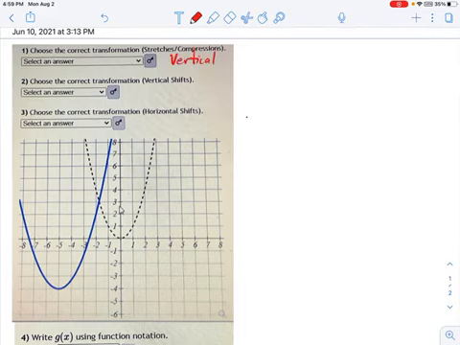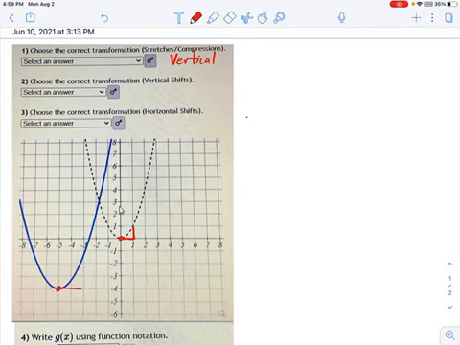All right, so what I normally do with these is I say, okay, where does my parabola start? Like right there. Okay, and if you look at the parent function, see how it goes over 1, up 1? Well, let's see what this one does. It goes over 1 and, oh, not quite up 1. So I know this is going to be a compression, but I don't know exactly what that fraction is. So let's try and find a different grid crossing. I'm going to go over 2 and see how high up. Okay, I didn't quite get up to a grid crossing there. I got to something that was almost 3.